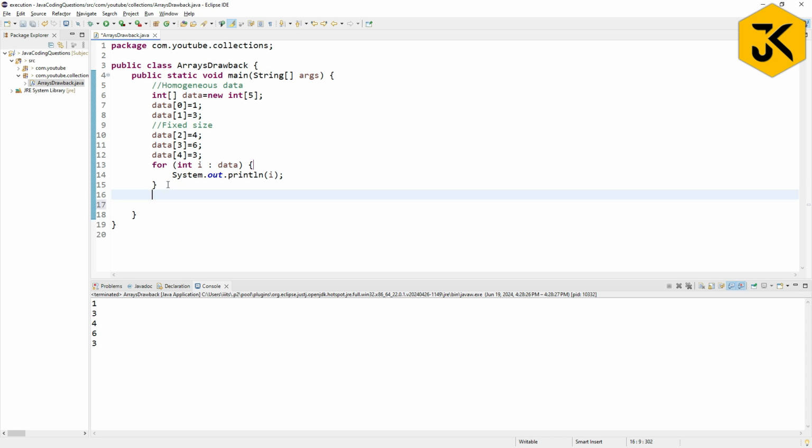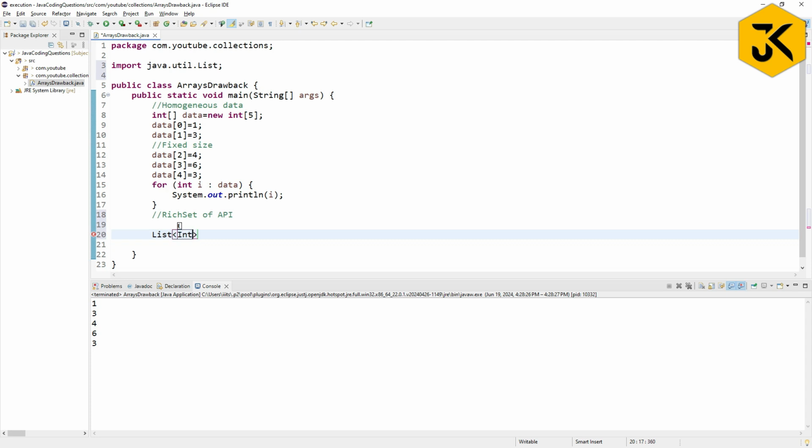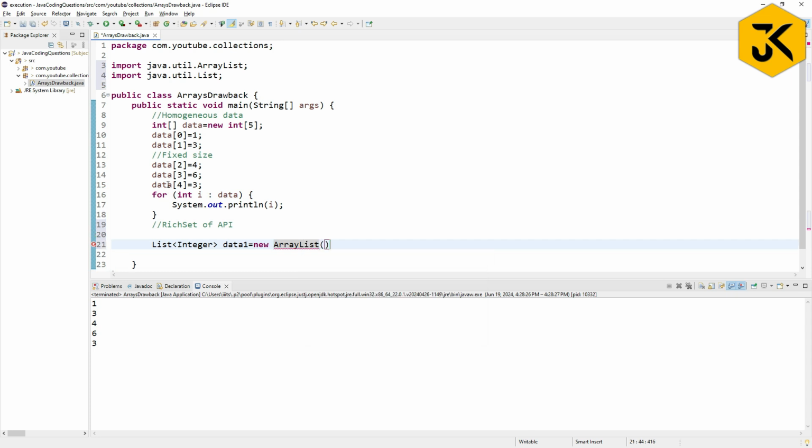And one more thing is, if you want to sort the array, for example, I need to write the logic manually. Instead, if we go with any kind of collection framework, it has a rich set of APIs. What is the meaning of this? Let me show with an example so that you can get a clear idea. List of integer values, data1 equal to new ArrayList.